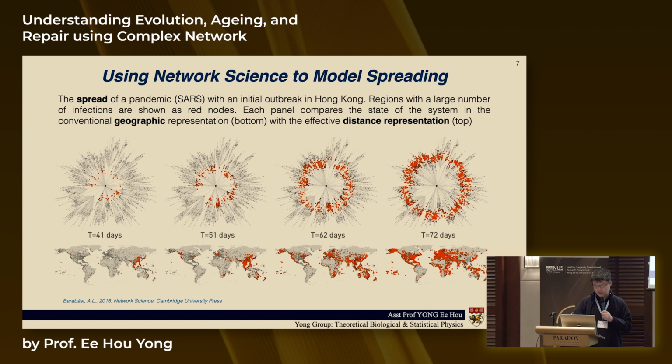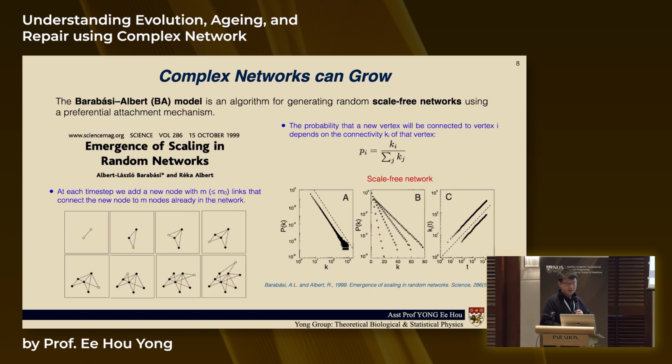So let me go on to the first concept that I mentioned in the first slide, which is how can you describe growth in a complex network, right? One of the most famous examples is the Barabasi-Albert model, the BA model, where the authors were able to show that they can get this kind of scale-free network. As you can see, it's really two simple mechanisms. At each time step, you add a node to your complex network, and this node has some kind of preferential attachment. Basically, nodes with more attachments are more likely to gain a new node that is attached to them.